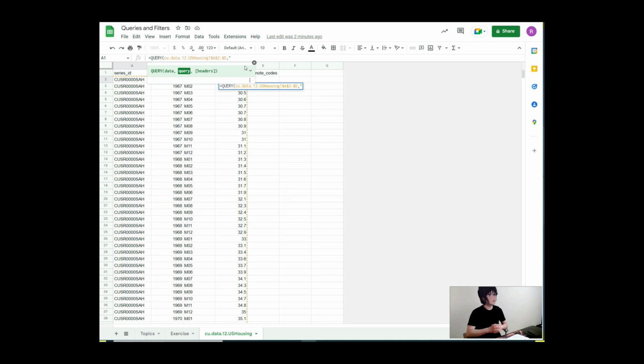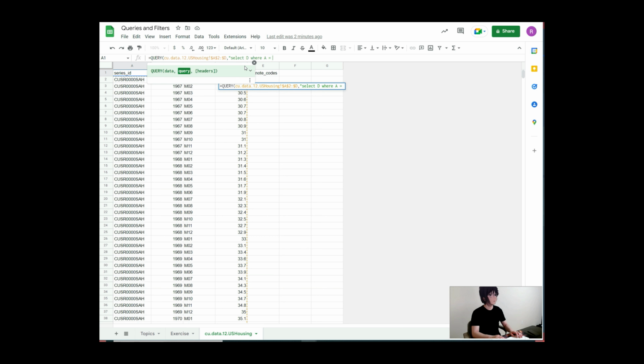Remember, our goal is to retrieve the value of the CPI index. So I will first say select column D. And now I can start to specify the parameters I want, which value of column D I want to retrieve. To reference a cell, one needs to wrap the cell first in single quotes and then in double quotes, followed by two AND symbols. So in this case, we will make column A